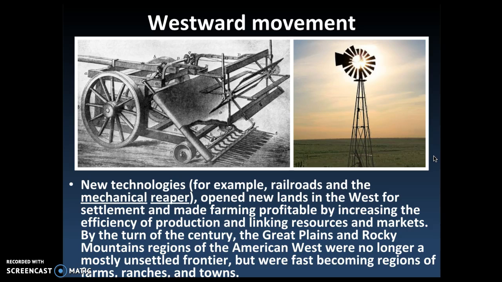Certainly, new technologies allowed for these open lands in the west to be settled. Things like the railroads that allowed goods to come out to the west from the eastern factories. The mechanical reaper, which allowed them to harvest goods like wheat and corn much easier and faster. Those things were all great, but it was hard. It was very hard to settle unclaimed land and to settle really a rugged territory like that and live a life that would have been similar to that in the South or the East. It takes time. It takes a lot of time.